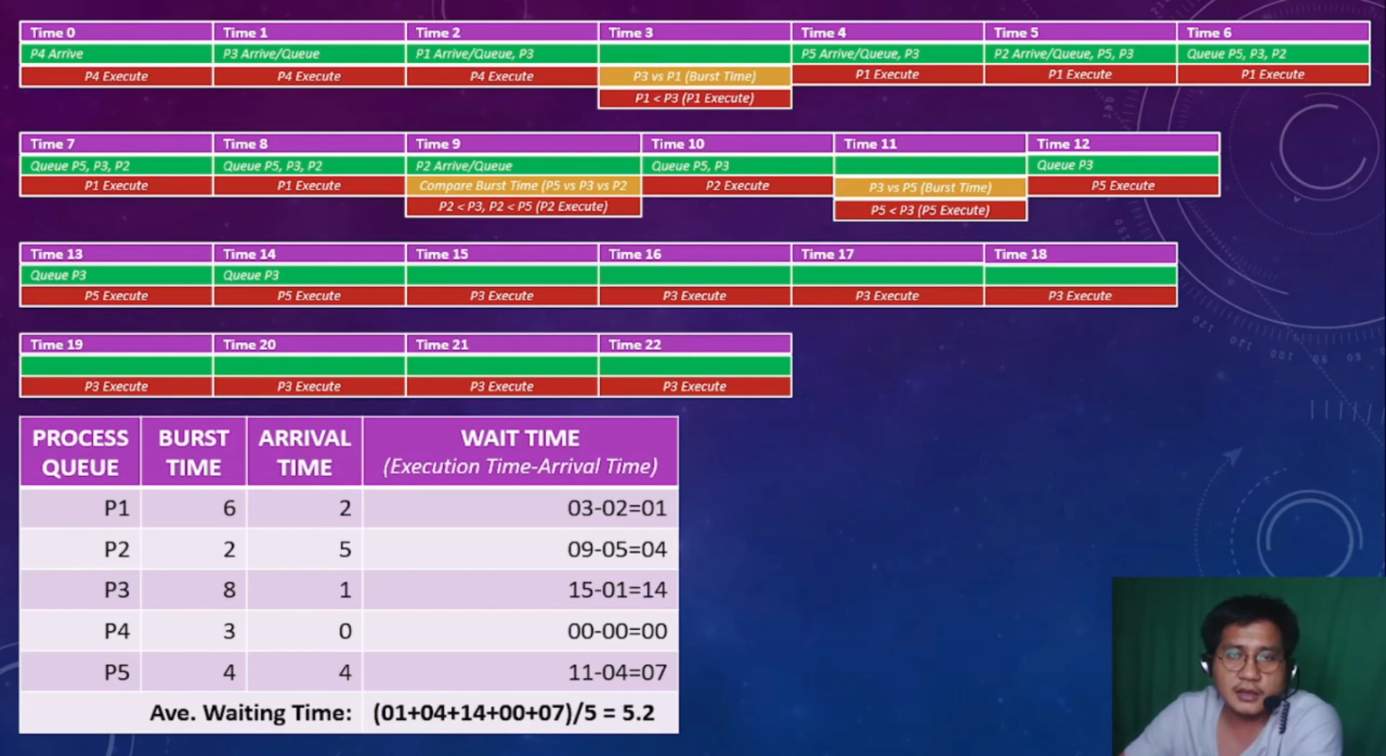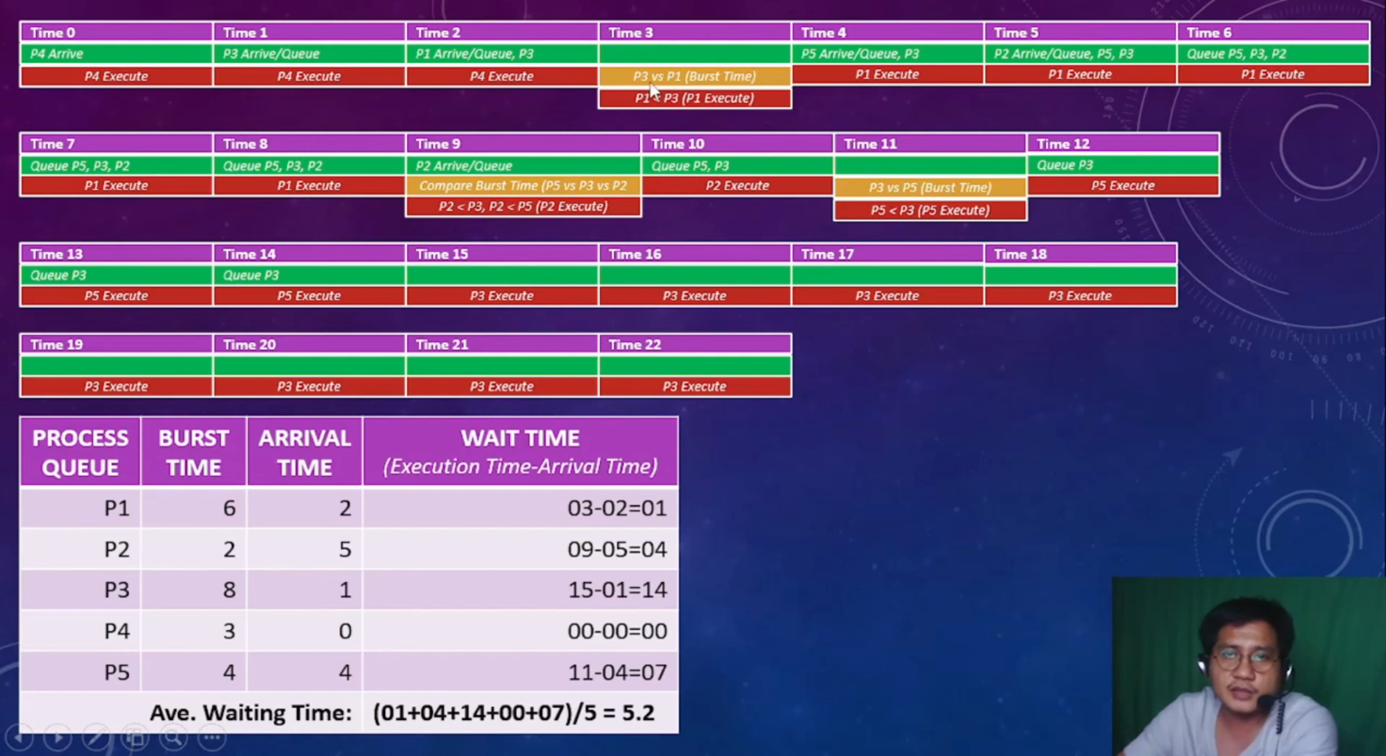Okay, and then at time 3, no process has arrived. As you can see here, we have 0, 1, 2, and then 4. So there is no process that arrives at time 3. This is why we left the green block here empty. But during time 3, since P4 has already been terminated at around time 2,